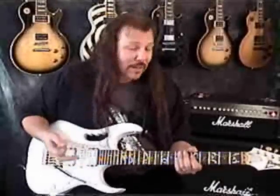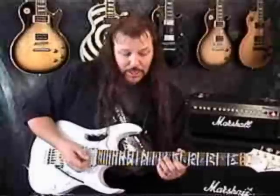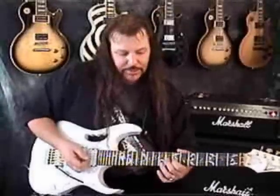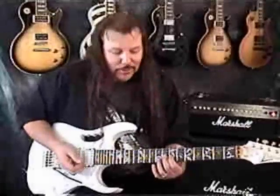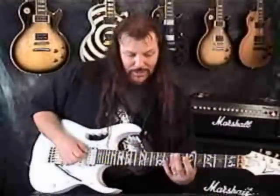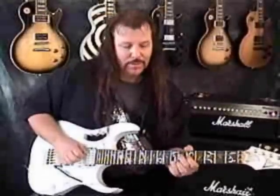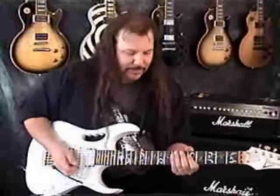Another technique that I love is doing a half-step bend. So instead of a distance of 2 frets, you're just using a 1-fret distance. And the only thing that's important is that any note that you're going to hit, if you go a fret before it, you can bend a half step and it'll sound really sweet. So in a scale, if I was going to hit this note, I can bend it here. And again, it just adds a little style to it. So it'll sound like...